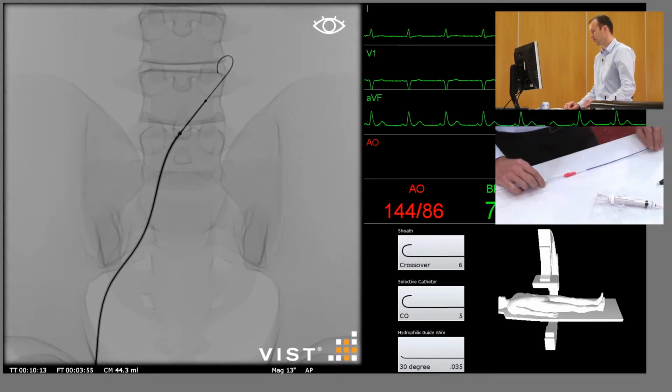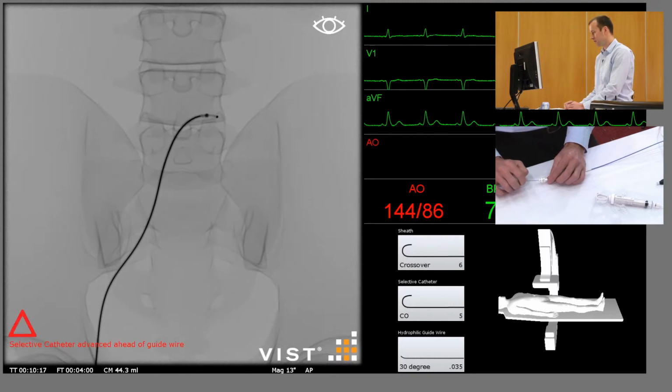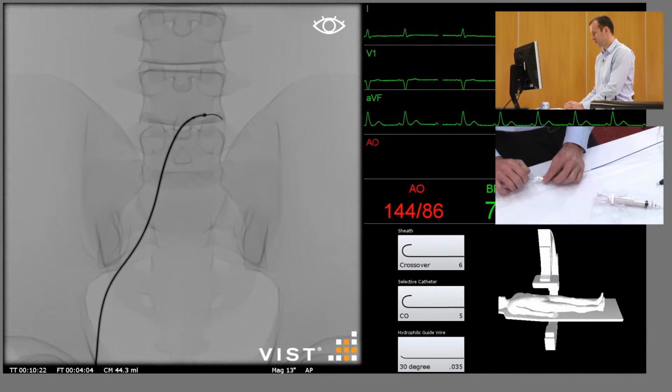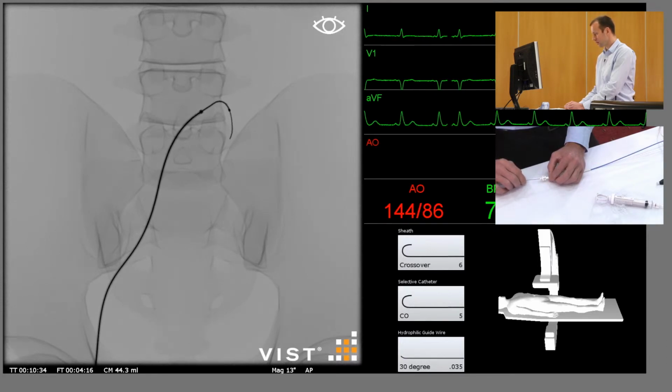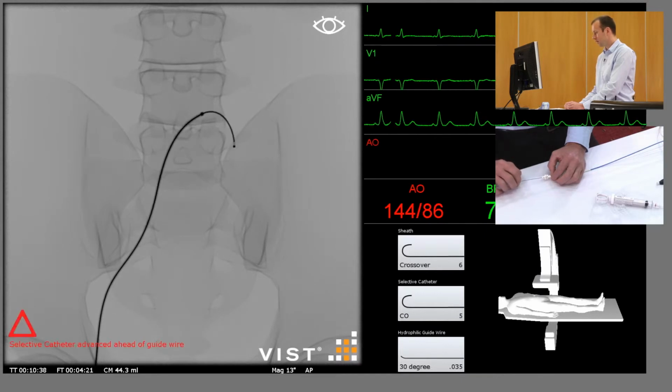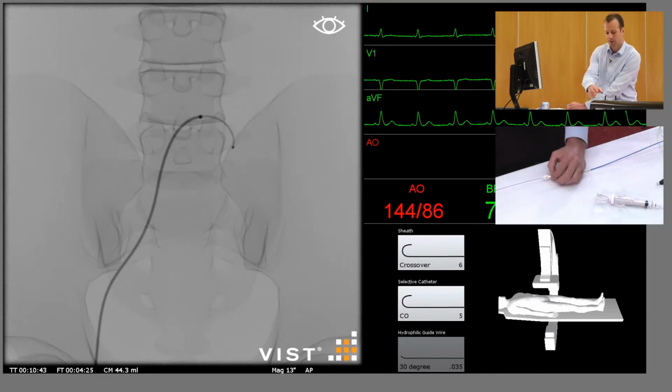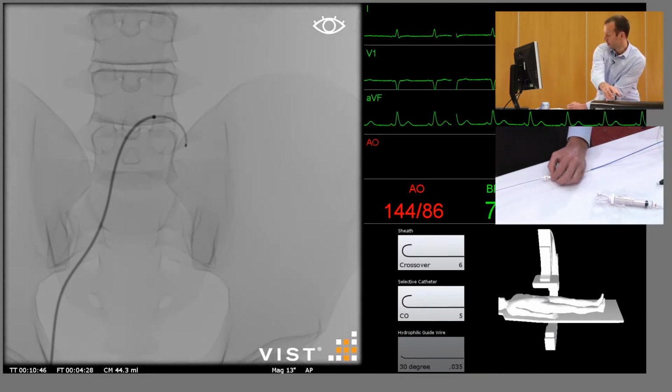I think we need to take the sheath a little bit further in, and advance the catheter over the bifurcation. At this stage, I think we need to take a better picture of the lesion we're going to treat. We can recenter slightly